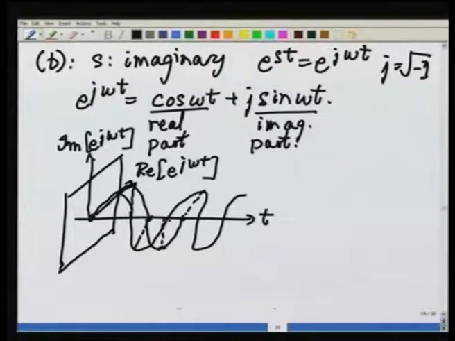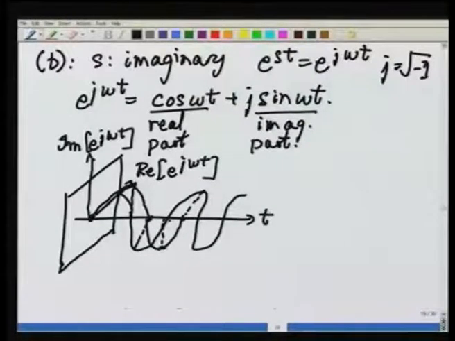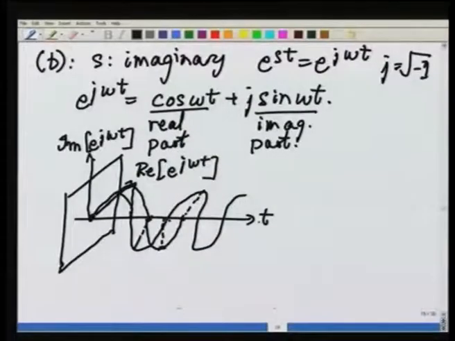This is a plot of both the real and the imaginary parts of e to the j omega t on the same graph. The graph is actually 3 dimensional here. The value of the function takes 2 of the dimensions, because there is a real and imaginary part. The argument of the function takes the 1 dimension, and that is the time axis. So, it is a 3 dimensional graph.